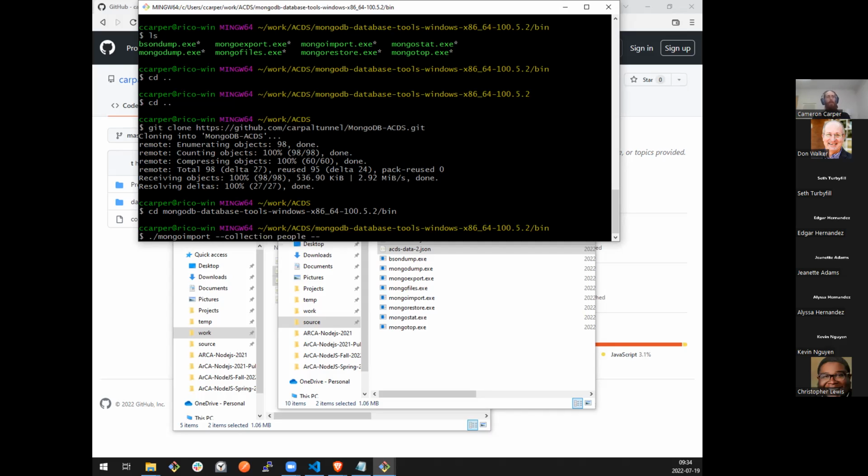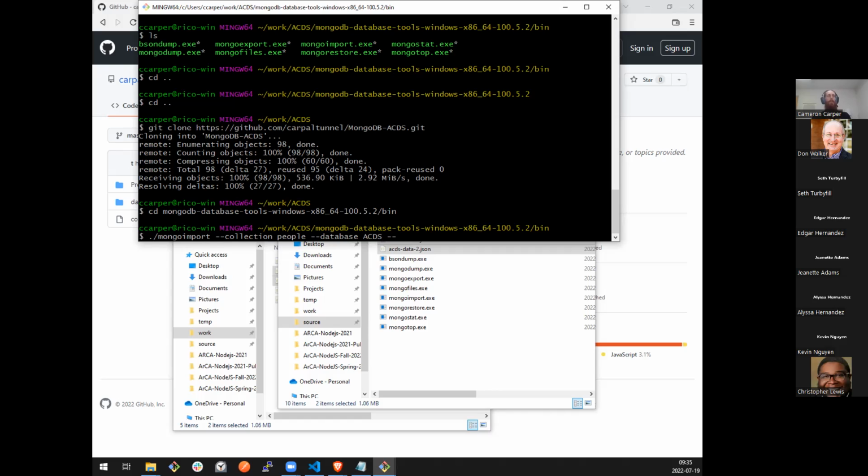Just like with our Mongo shell, when I just executed mongo, it automatically assumed, since I didn't tell it otherwise, it was going to connect to my local Mongo instance. So localhost port 27017. Mongoimport will do exactly the same thing. So I don't even really have to tell it where to connect to. But I do want to tell it that I want to use a database named ACDS. I've already created this. We saw it was created automatically for us when I started inserting a single test record into a collection. If I had not done that already, this would have created it as well.